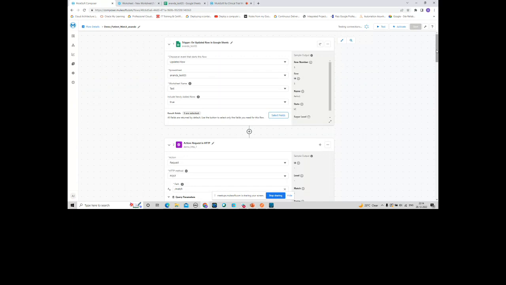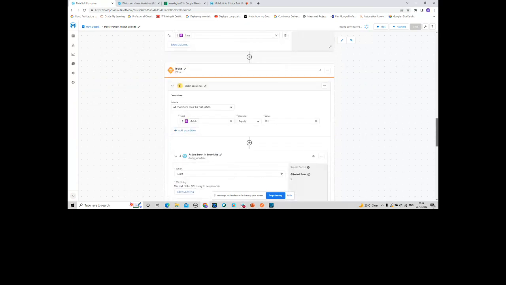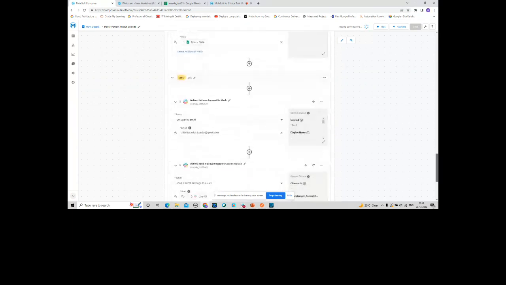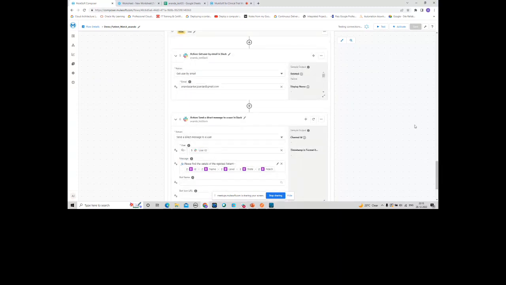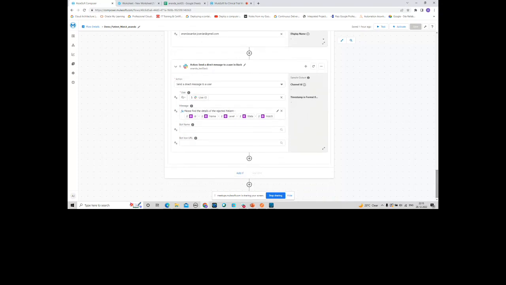Anyway, for that Slack operation, there is one more action available, where if you don't know exactly who the user is, but you know the email, then you can pass that email. This is my Gmail ID, and if I pass it, it automatically finds my user ID on Slack in the next step. Then it passes the information I'm trying to send on my Slack channel, saying that there is a patient which is not matching.